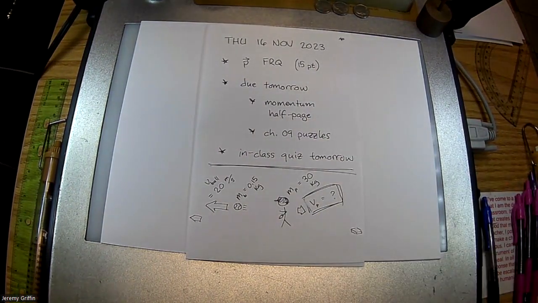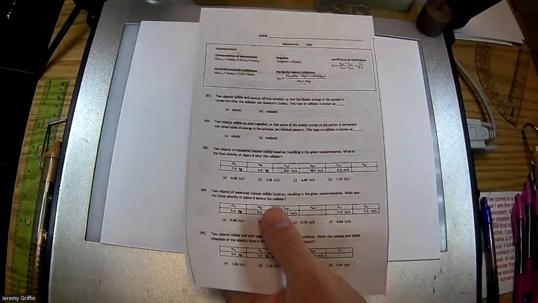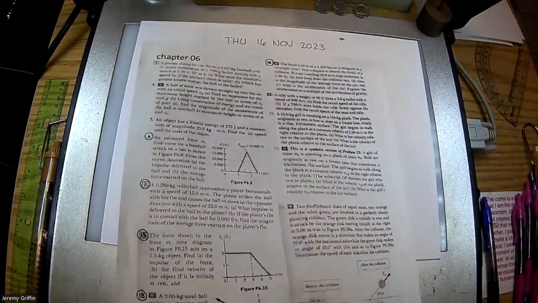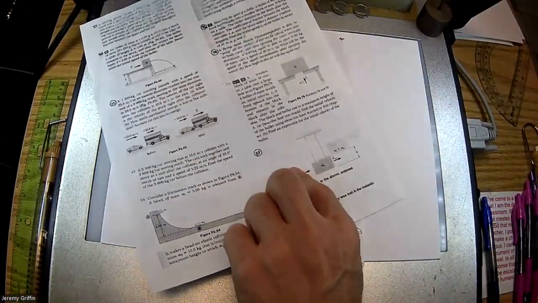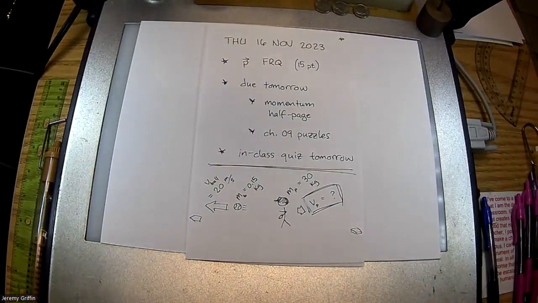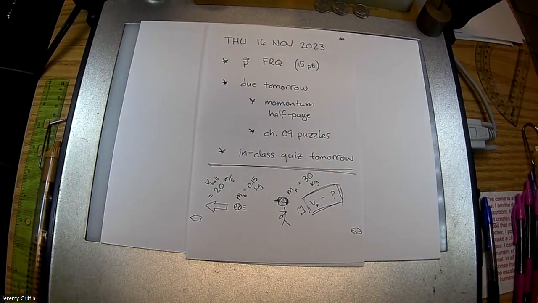And at least a couple things to keep your eye on. Remember this momentum half page. A lot of you have already turned this in, but if you haven't, make sure it's in the grade tray before you take off for the break. Chapter 6 puzzles: I think we've covered all these in class except for this ballistic pendulum, but this one even got its own poster. If you just follow the poster, you can figure that out. And of course, as always, the solutions are posted, so you can check the work there.